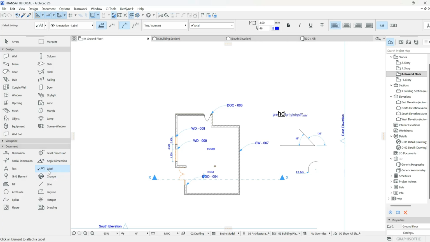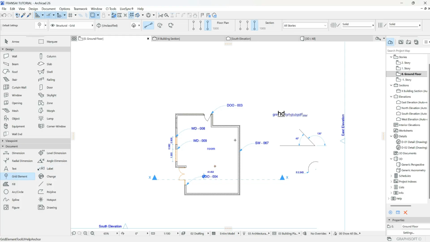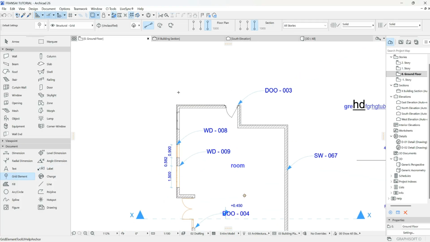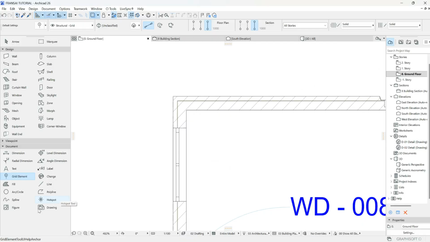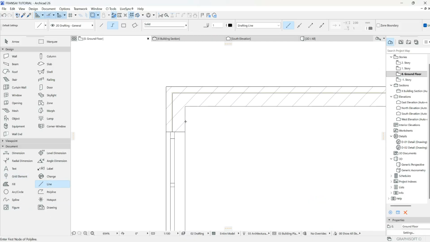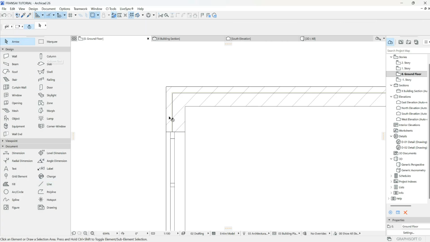So that is it for the label, just to label any elements you have. Then for the grid tool, you simply look for the middle. The way I usually get the middle of this wall, because I did not use this